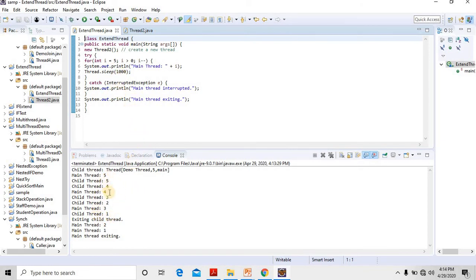Both the main thread and child thread are executing together. But you have to remember that the last thread that finishes executing should be the main thread. Always the main thread should be exiting last. So this was how this program executed, and that was how we created threads by extending the Thread class.